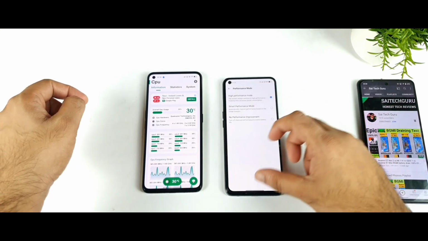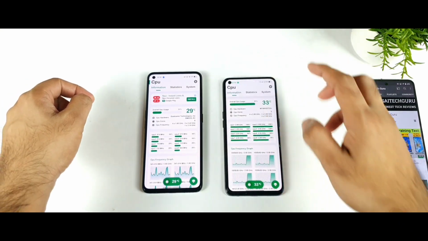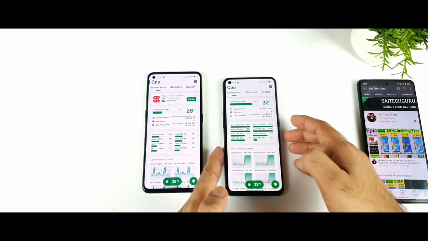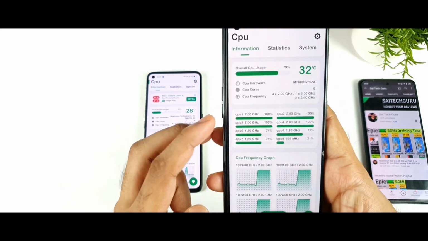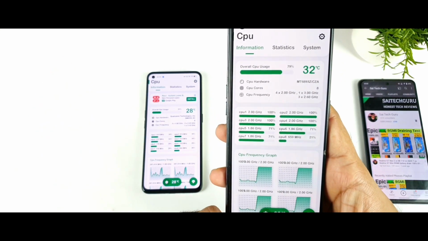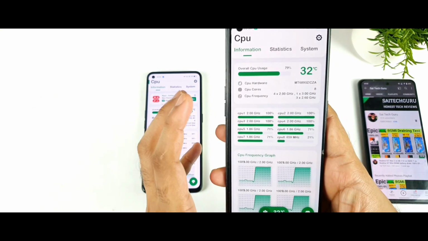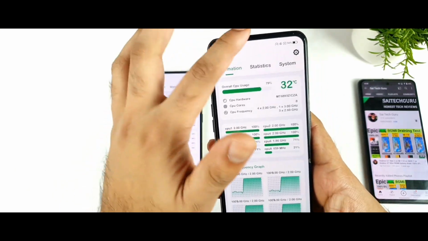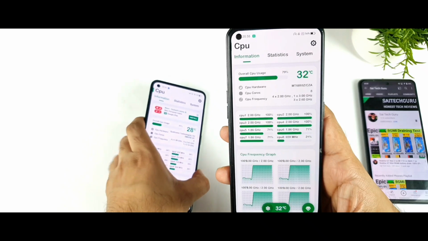Let's see what happens when you enable high performance mode. This boosts all the core performance to 100%. You can see 4 CPUs boosted exactly to 2 GHz, and they are not decreasing at all. Try to observe, they're not even decreasing. It's 100%, that's it. In high performance mode, you can clearly see what is happening, friends.